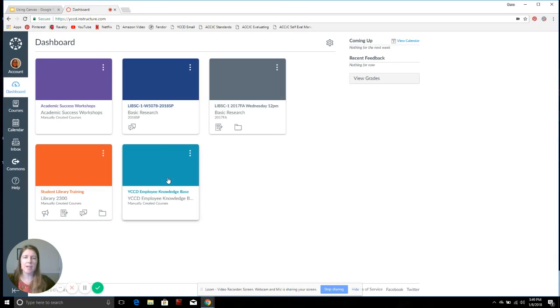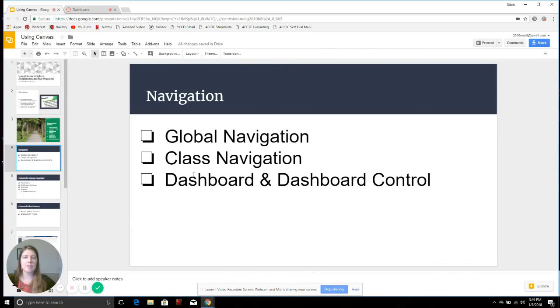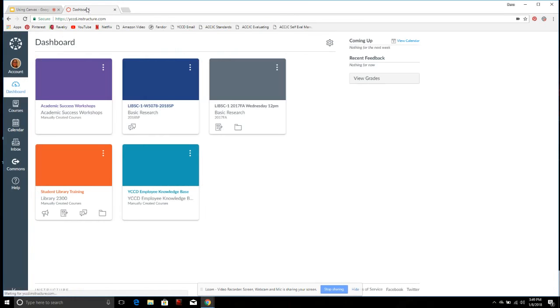At the end of the semester, those classes usually naturally disappear at a certain point, but if they're still there, again, you can go into the courses, select all courses, and then deselect the little star to get rid of it. Okay, so now I've introduced you to global navigation, and we haven't talked about class navigation yet, so let's